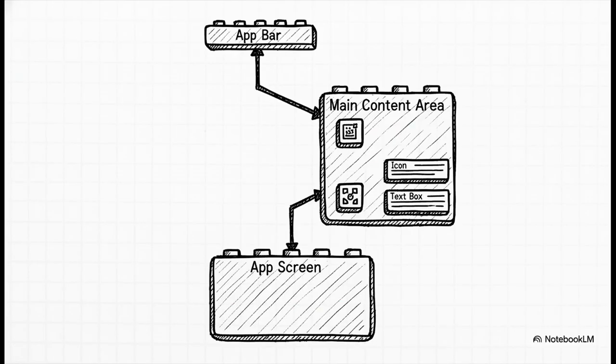And just like with Legos, you don't just throw the bricks in a big pile. You connect them in a specific structure. In Flutter, we call this the widget tree. You start with a big foundational widget, like a scaffold for the whole screen. Then you nest other widgets inside of it, maybe an app bar for the top bar and a container for the main body. This hierarchy, this tree, lets you build incredibly complex and organized screens just one piece at a time.